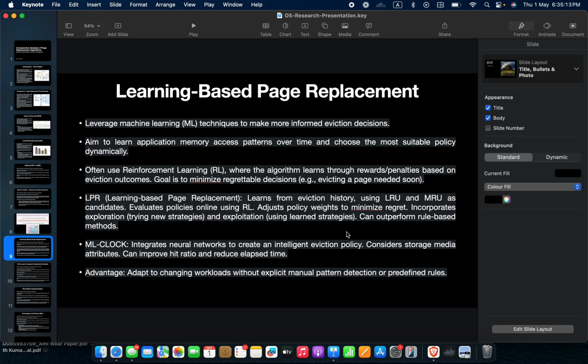And two notable examples are LPR, learning based page replacement, which learns from the eviction history using both LRU and MRU as candidates, and ML clock, which integrates neural networks to create an intelligent eviction policy that considers storage media attributes. The key advantage of these approaches is the ability to adapt to changing workloads without requiring